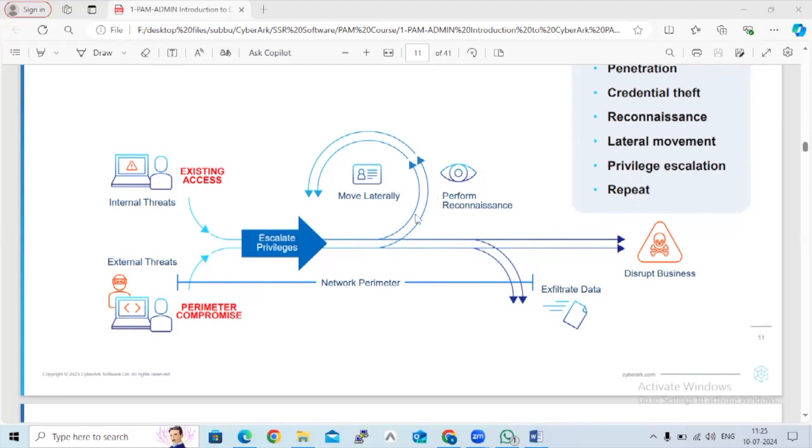Later they will keep on performing reconnaissance, meaning they keep an eye out and check whether they can get proper privileged accounts, fully privileged accounts or not, to access the database. Once they